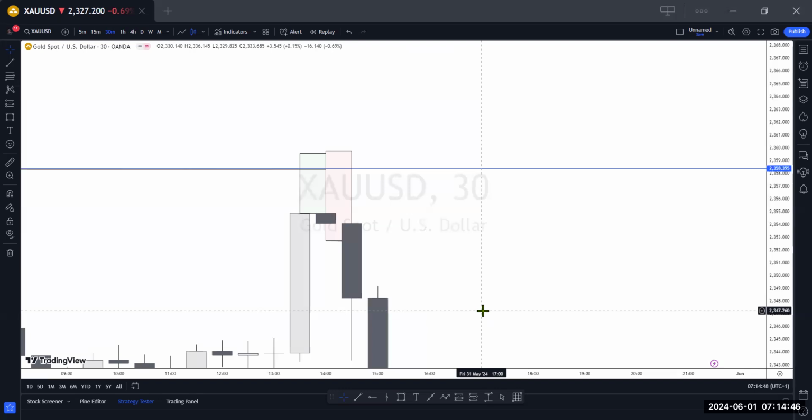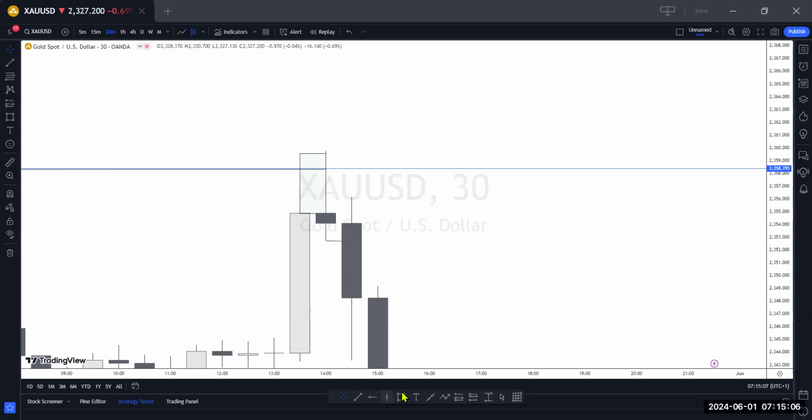I'm trying to take your mind away from seeing engulfings traditionally. Because, for example, if you had not seen this, would you still have taken the trade? A lot of you guys will not take the trade, right? A lot of you guys will not take the trade. So let me adjust. I'm trying to adjust so I can see the other candle. Okay, so we are good as an